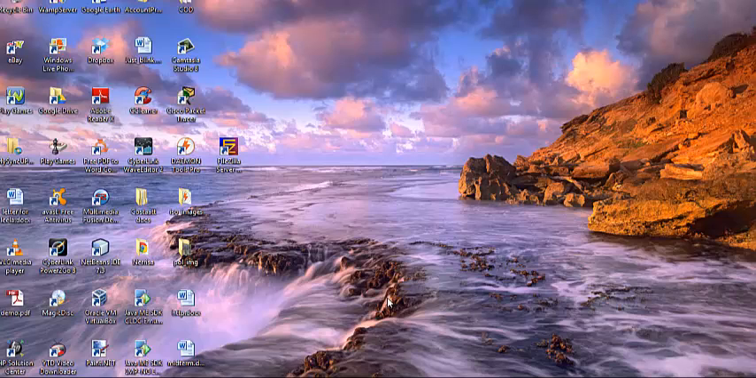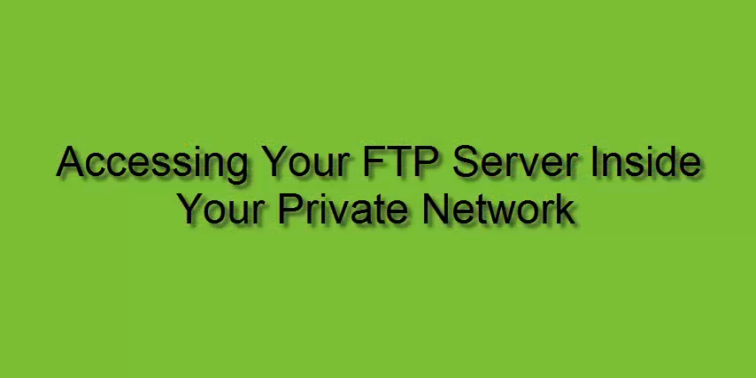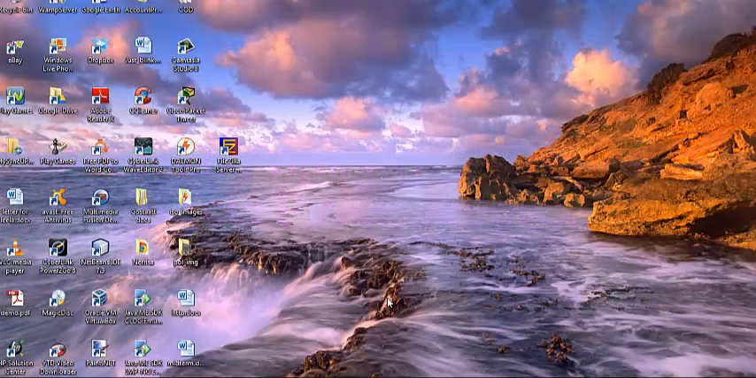Hello everyone, in this video I'm going to show you how to set up an FTP server using Filezilla FTP server. Now there are many other FTP servers that can be used, such as Cross FTP server. Now these software are easy to get online,